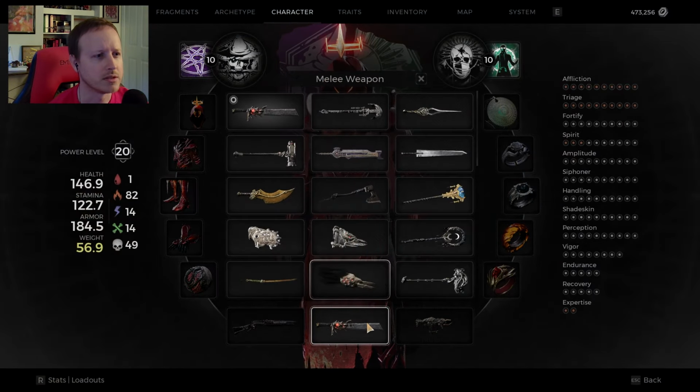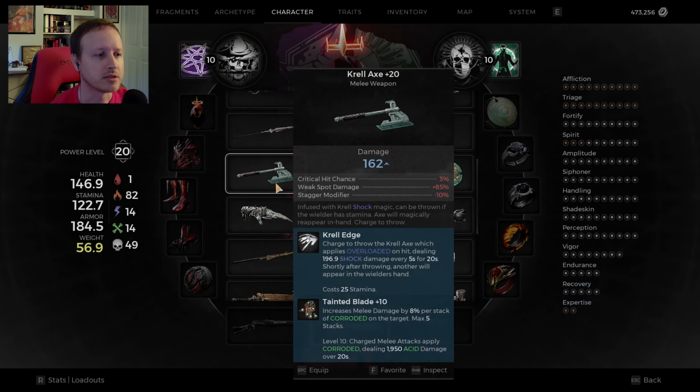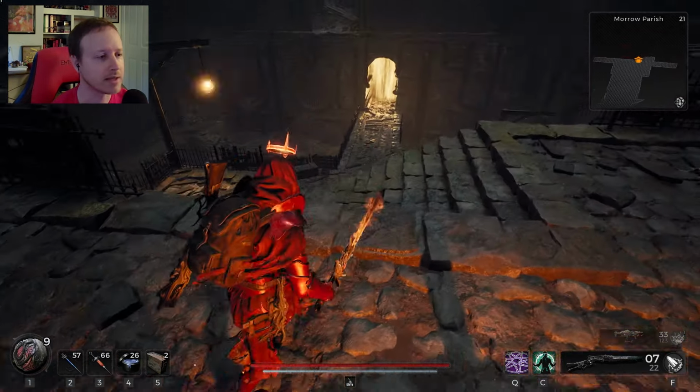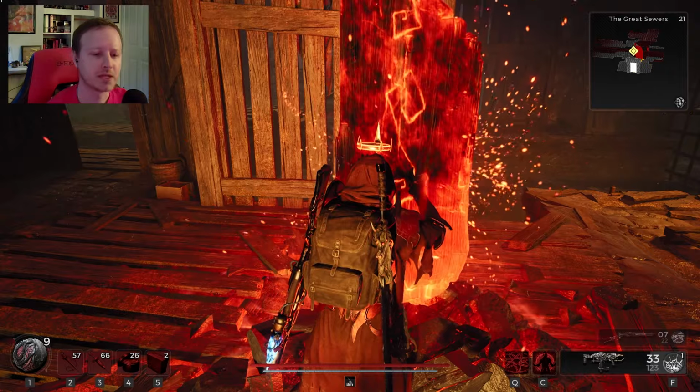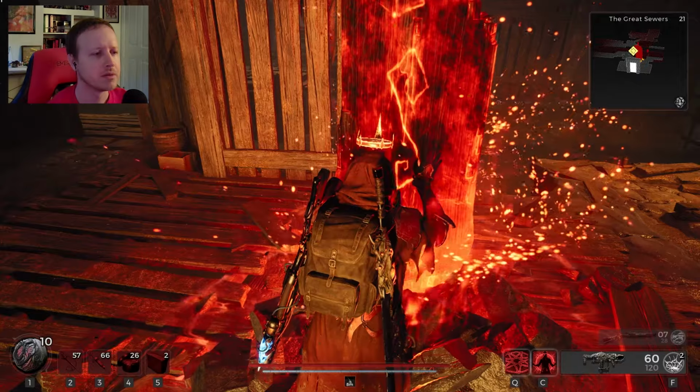I mean, I have the Smolder on right now, but if you went ahead and put on Krellax with Tainted Blade, suddenly you've got Overloaded, Corrosion, and Slow on the guy, which is pretty fantastic. I really like that. Now, I was doing this whole setup, and I was also using a new amulet as well. It was the,